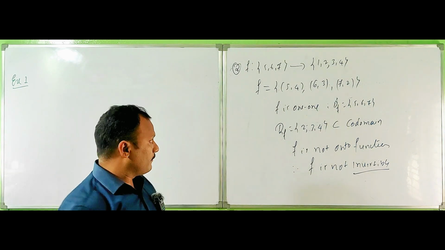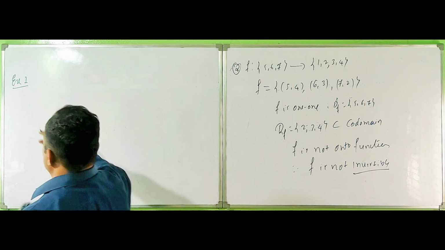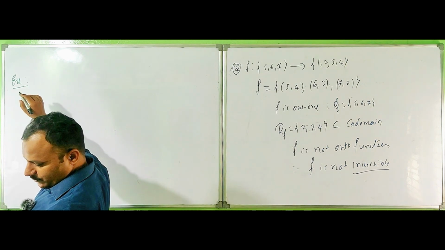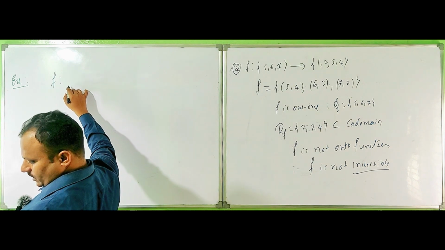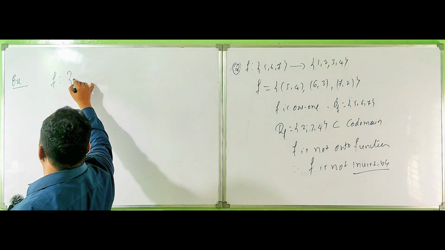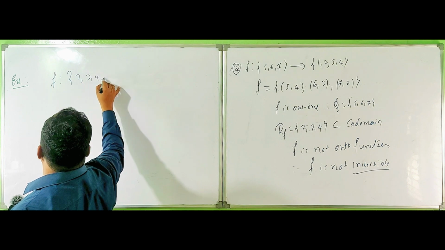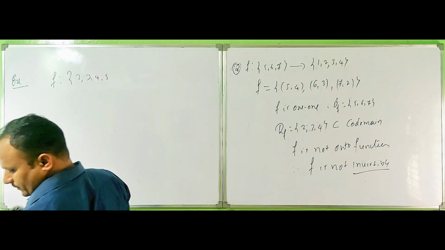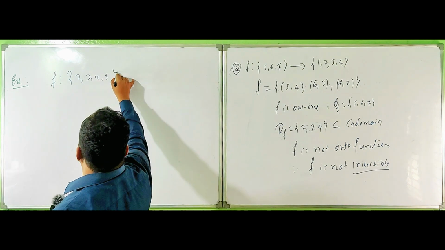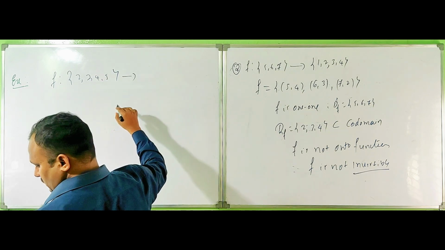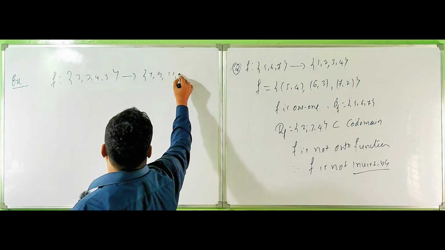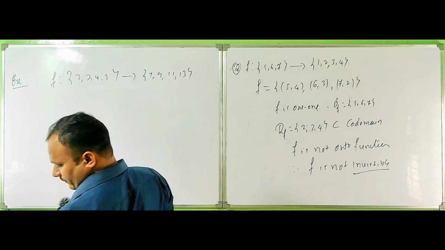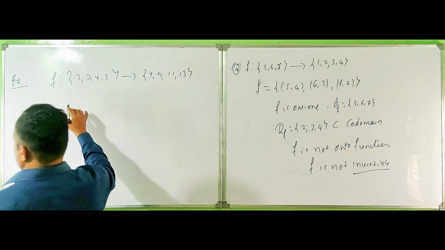Next one: F is defined from 2, 3, 4, 5 to 7, 9, 11 and 13. And F is